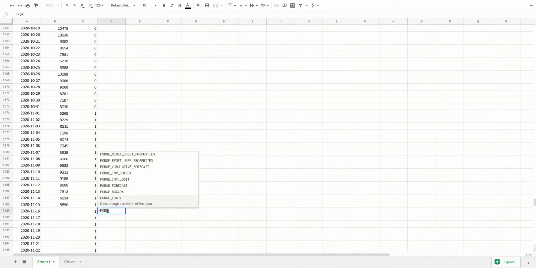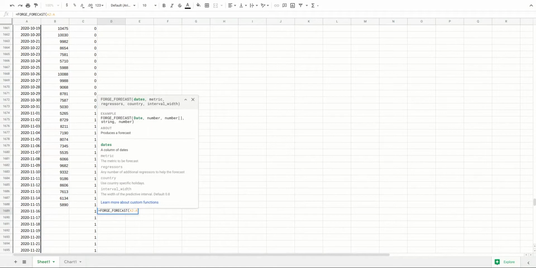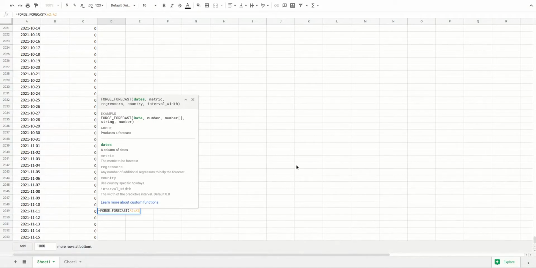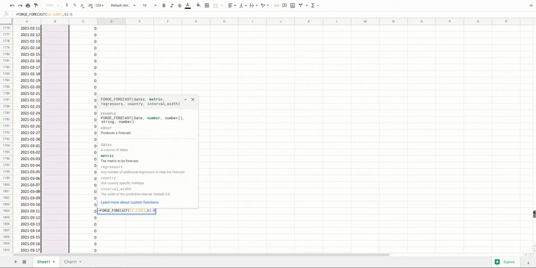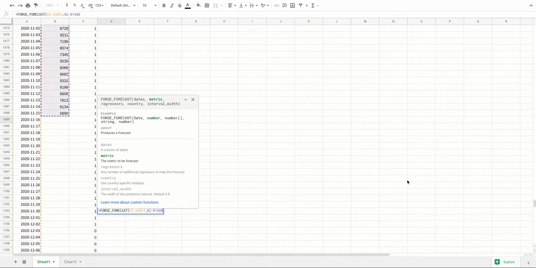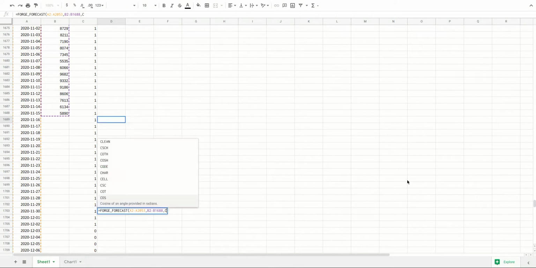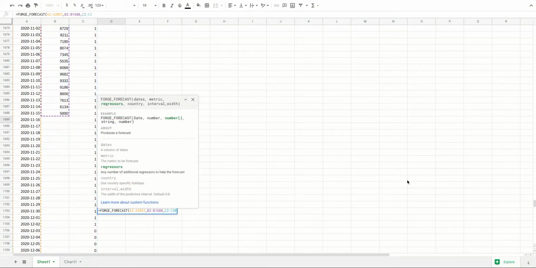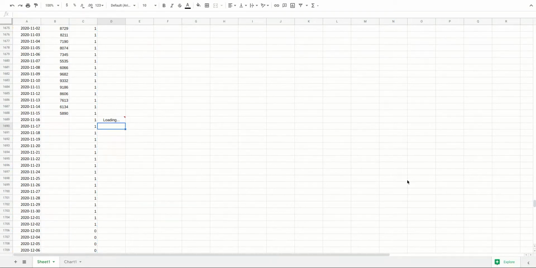And now I'm at the forecast. So enter the dates first. Don't forget how far down we go: 2053. Where the matrix ends, 1688. Add in my regressors, which will be the same length as the dates column, and I'll say UK holidays. So that will churn away and make the forecast in the back end. We'll return the results,